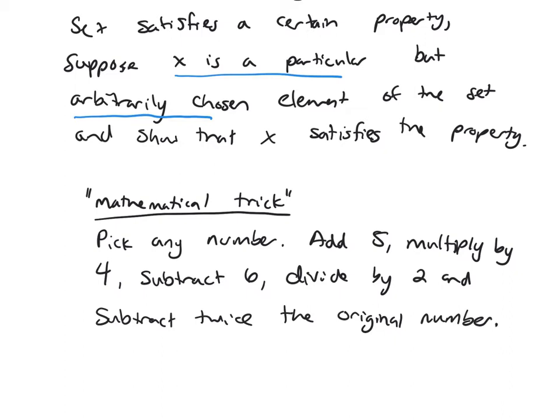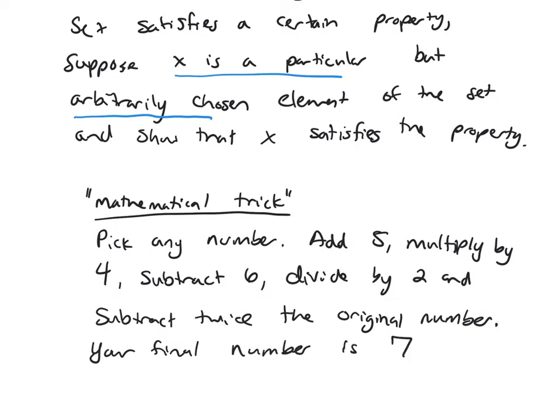So maybe take a minute and do all of these steps. You're going to add 5 to your number, multiply that by 4, then take that and subtract 6, then take that, divide by 2, and finally you're going to subtract twice the original number, and I'm going to say your final number